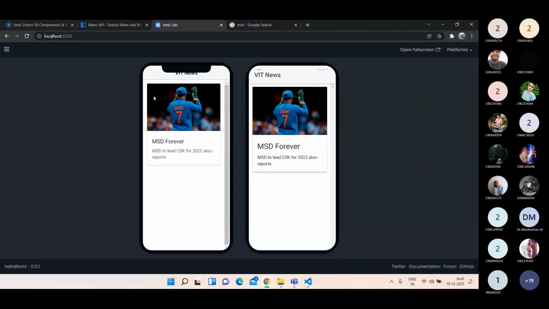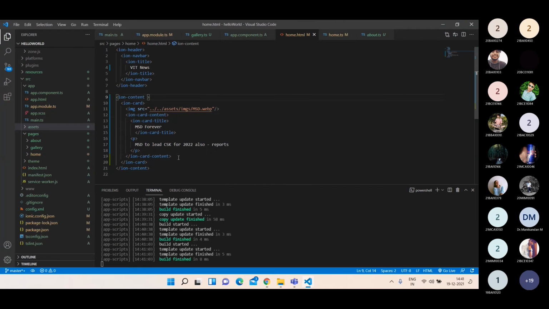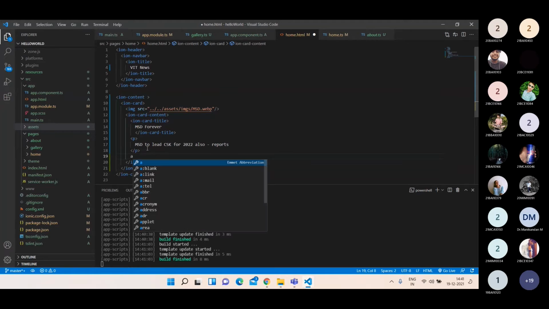Can you understand the difference? Yes, sir. Fine. So you can make all these color corrections, everything you can make here. So this is how our news application is going to look. And I'm going to add one more hyperlink.